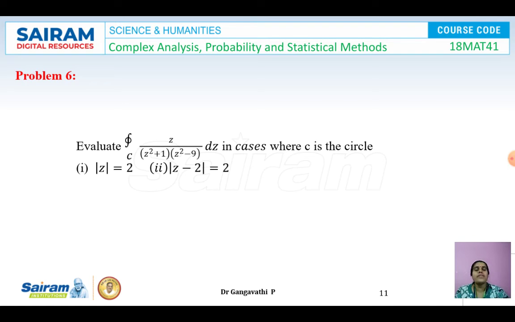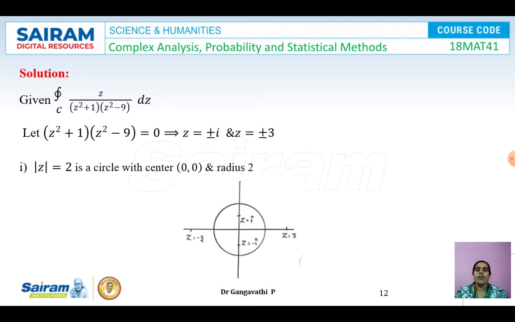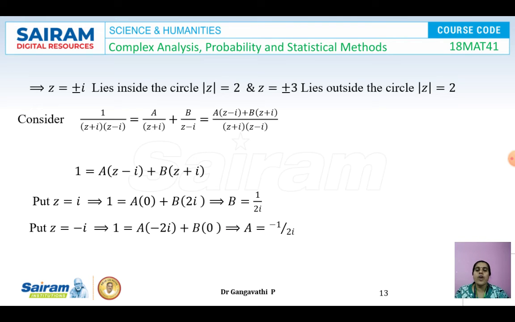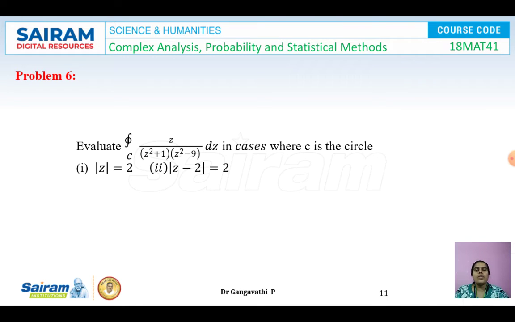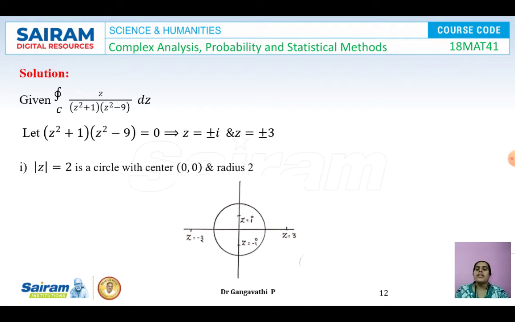So if you have z minus a whole square, then you have to go for the generalized Cauchy's integral formula, whereas here it is not a whole square. So try to have a difference between both. The square can be here, but it should not be z plus 1 the whole square. If that is the case, then you have to go for the generalized formula. So here, consider the given integral, z by z square plus 1 into z square minus 9. Still, it is not in the standard form, because the power of z should be equal to 1. Only then can we apply Cauchy's integral formula, whereas here it is not 1. So we have to make it 1.